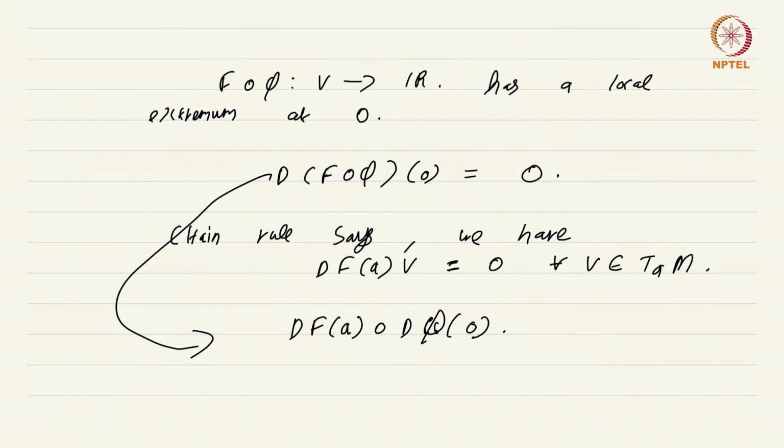So dfA must have the image of d phi at 0 in the kernel, which is just another way of saying that dfA acting on v is 0 for all v in TA M. Essentially, what this shows is that dfA vanishes